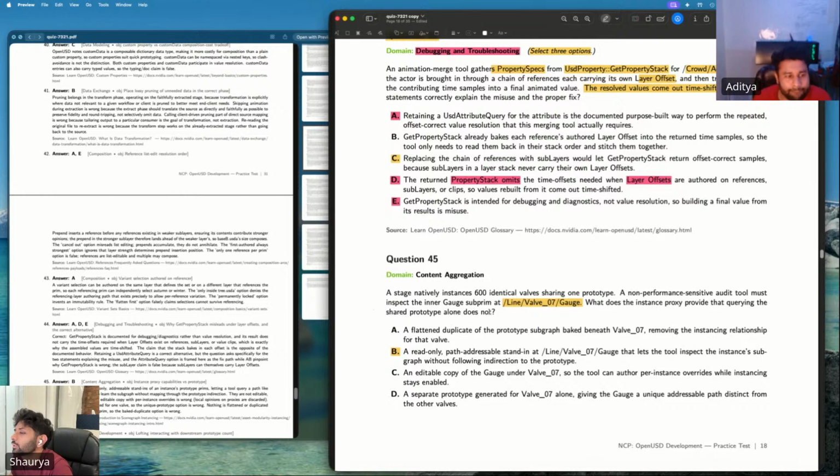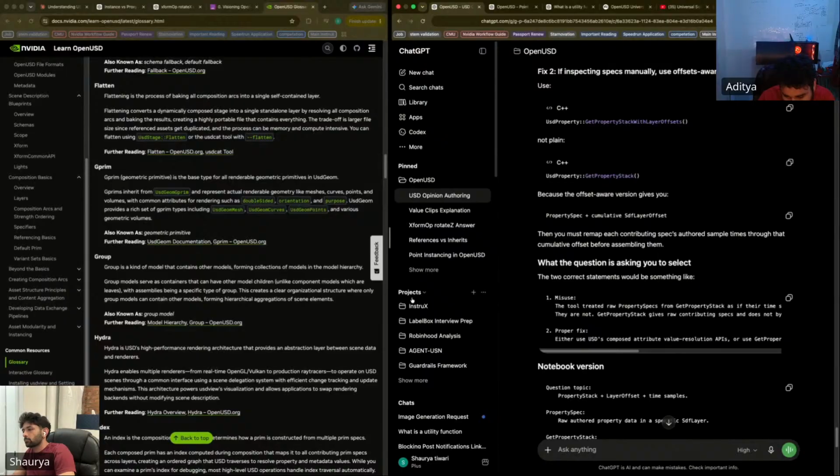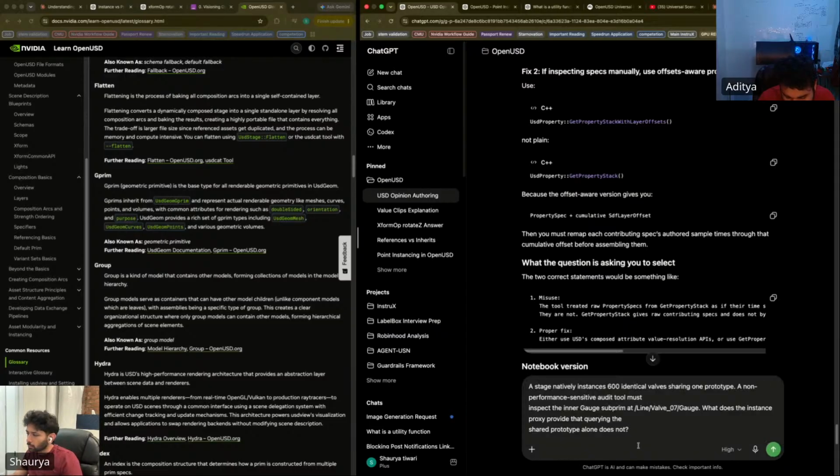Let me understand this question. What does the instance proxy provide that querying the shared prototype alone does not? Instance proxy provide. Okay.